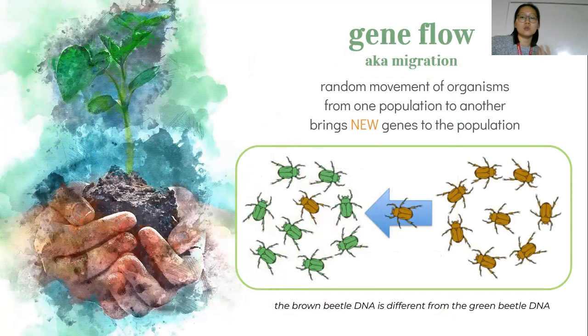So if an individual leaves one population to join another one, they're taking their genes with them, and then they will go and intermingle and mate throughout each generation with that new population that they're in. And so that new population gets a lot more variation just from that one organism maybe migrating over. But the other population that it left loses gene variation because whatever genes you had with you, you took them when you left.